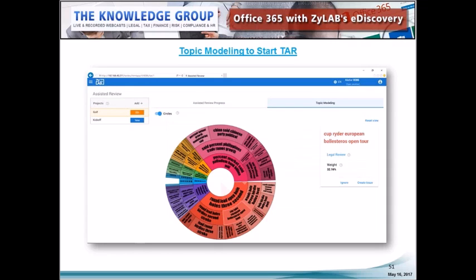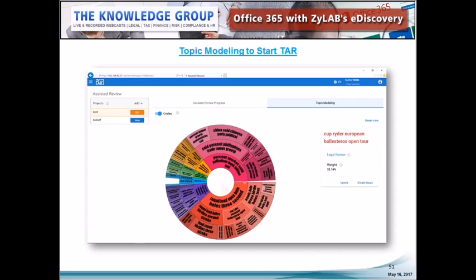We can start machine learning by using validation sets or random sets. We can also start machine learning by using full text search and then build from there. And the more popular one is where we use our topic modeling, which you see here, which is an automatic clustering algorithm, which clusters data sets, visualizes the topics that are present in those data sets, and then the user can start the machine learning from any of these categories, and then very quickly build a classifier that will help you to